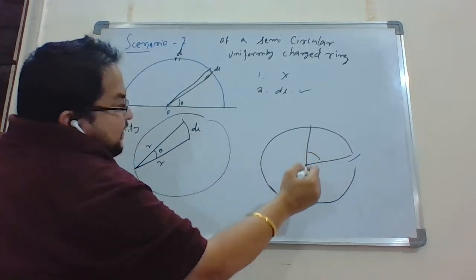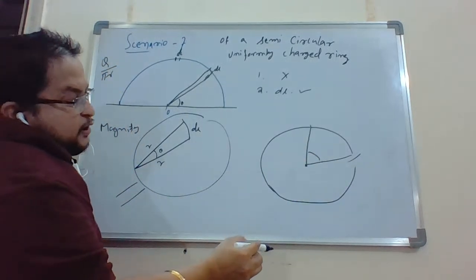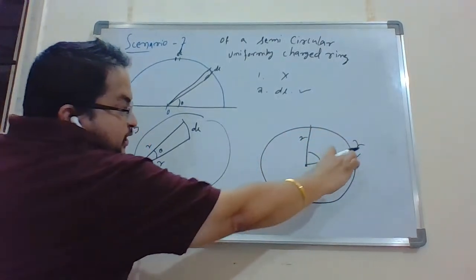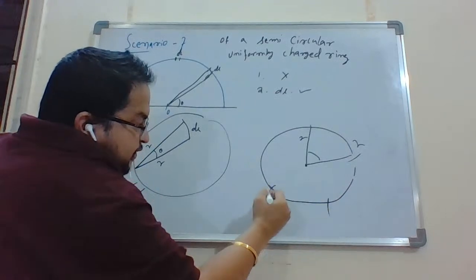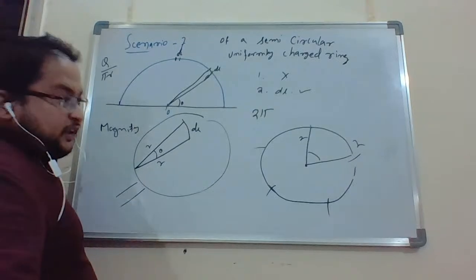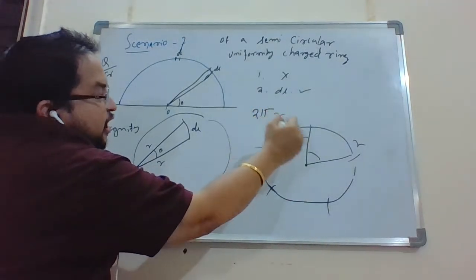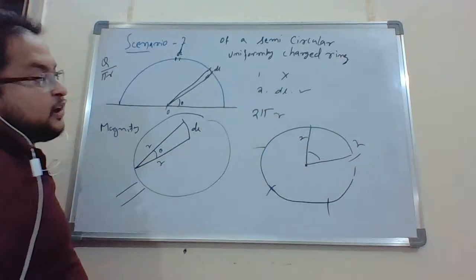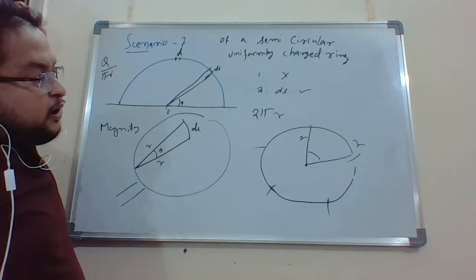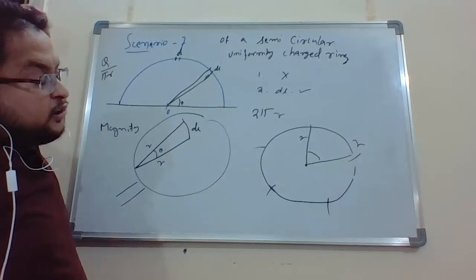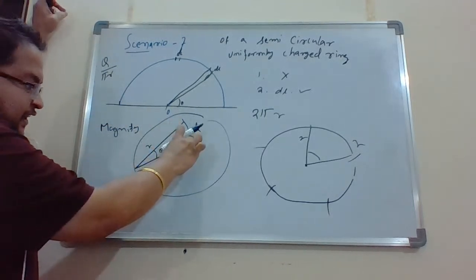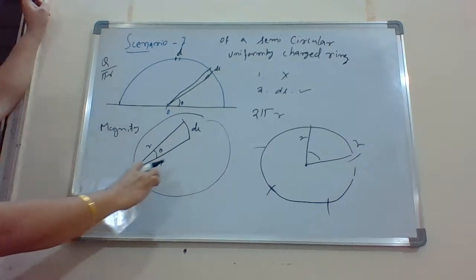So this angle, if you find out, which means this is r, this is r. If you do it throughout this circle, you will end up doing it 2 pi times only. So that is how 2 pi times r has become the total circumference of your circle. Now that is why, if this is dl and this is r, remember students,